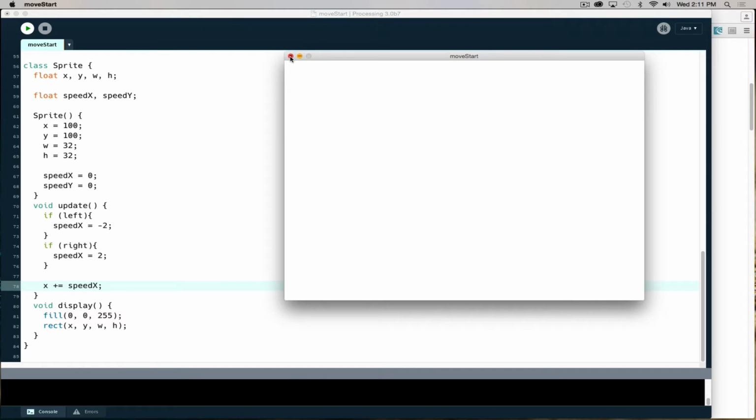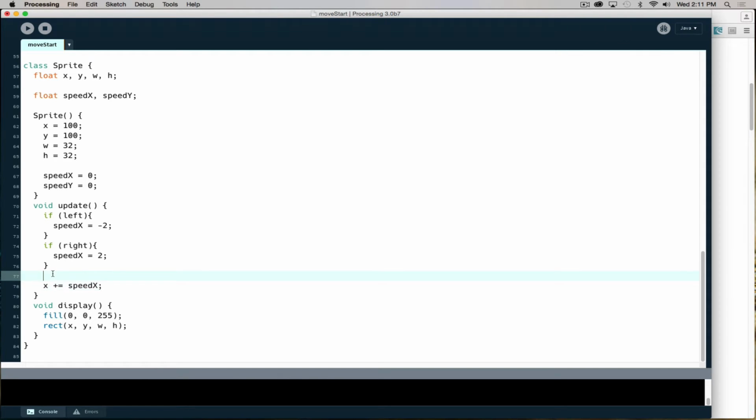So now that's the next component: how do we force him to stop? The situation in which we want speed x to be 0 is when both left and right are not being pressed. Because what I had there before would work for left, but then right would get all messed up with it. But if left is false